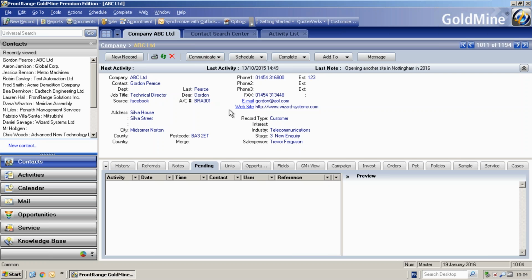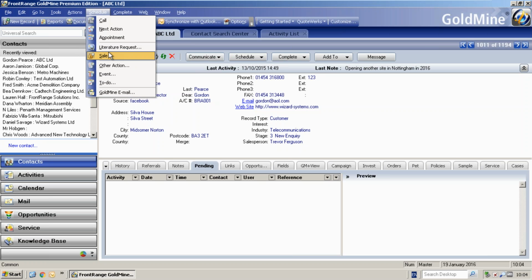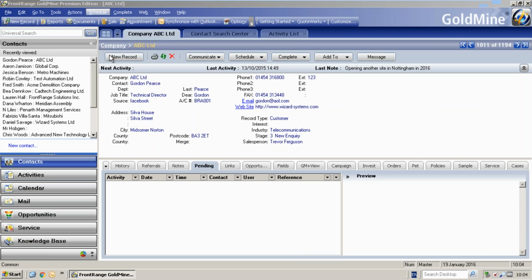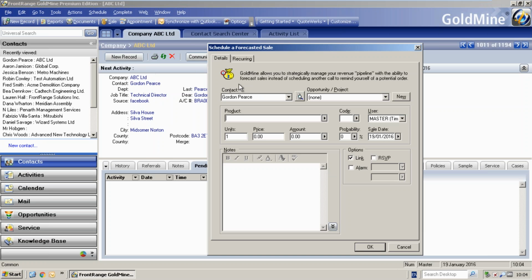So you can schedule and create new sales in a number of different ways. For example, with a contact record in front of you, you could schedule a sale here, or from the schedule menu you could schedule a sale there, or it could be a little button on your GoldMine toolbar, of course. Quite simply, when you do that, up pops a dialog box just asking you for the basic information